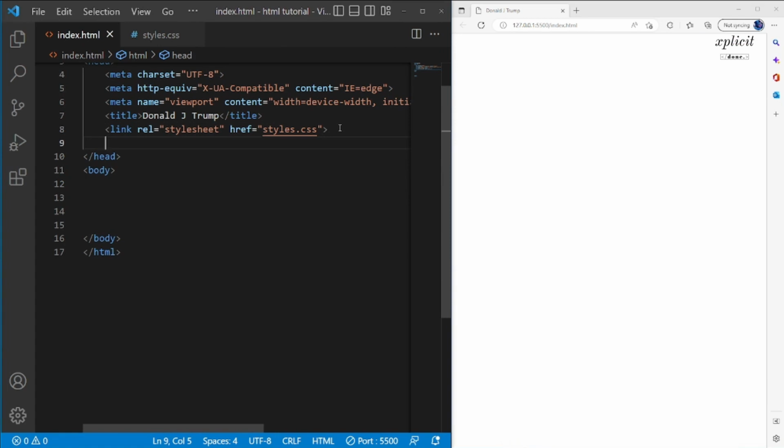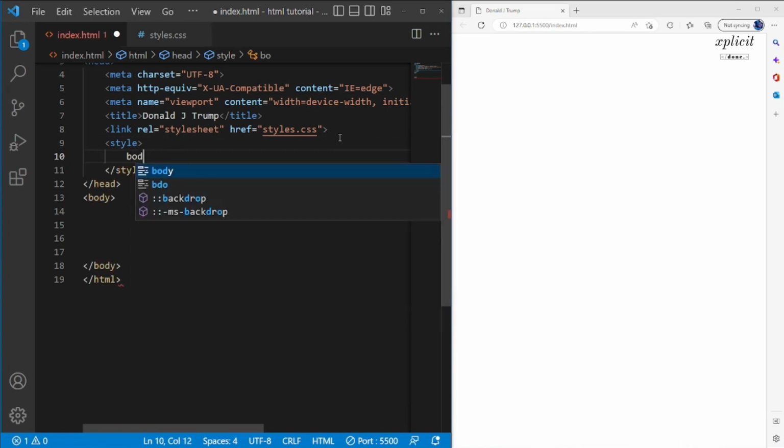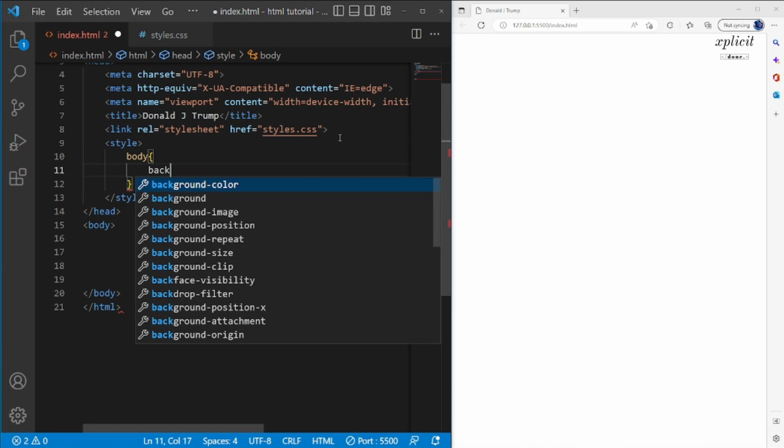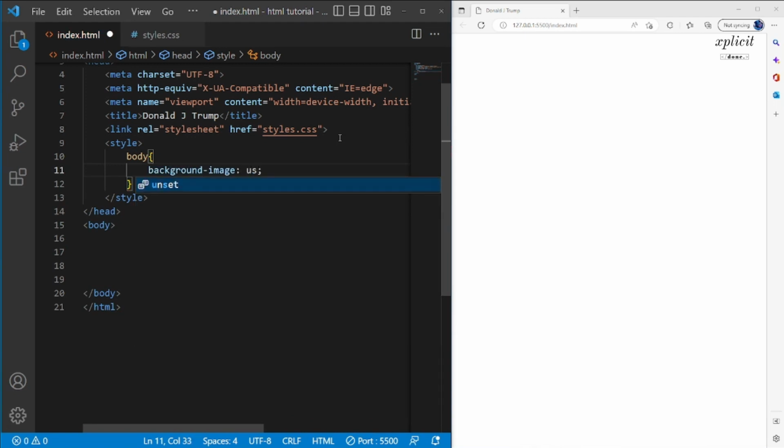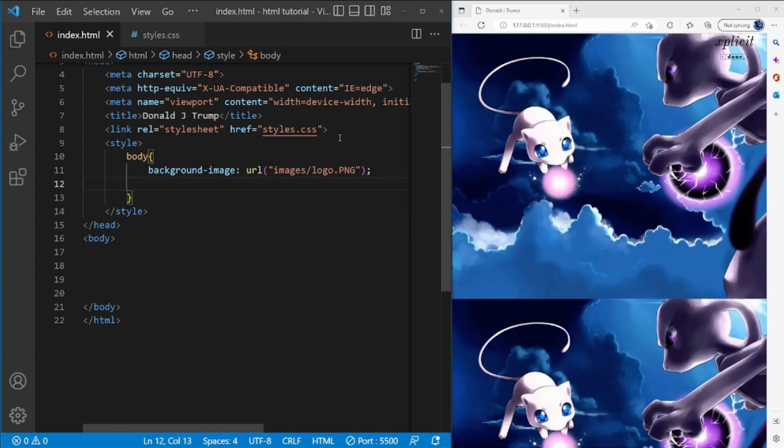And for that, instead of using the inline styling, let's go ahead here and create a style and say for our body, this is the styling that we're gonna adapt, and the background image URL should be images and logo.png. And when we save that, you see it's